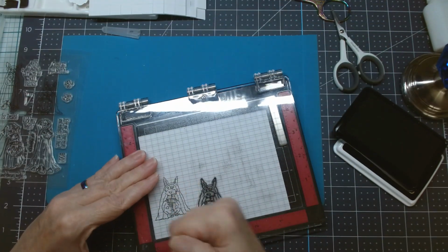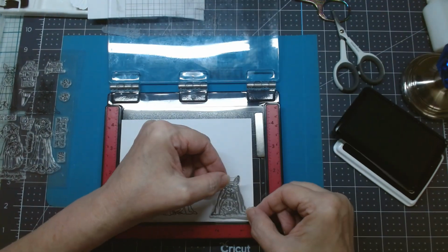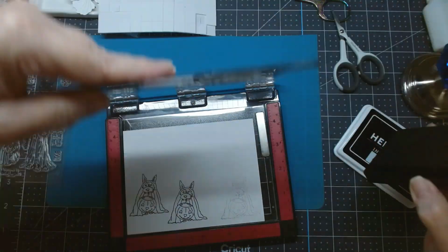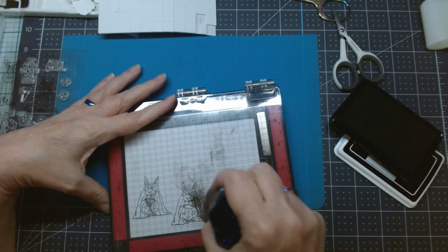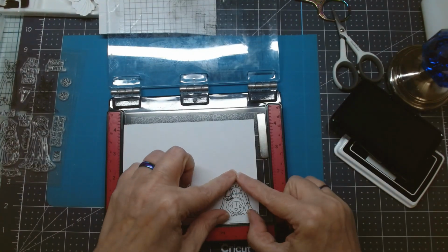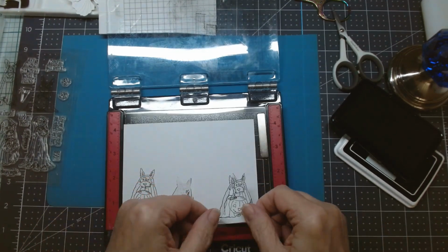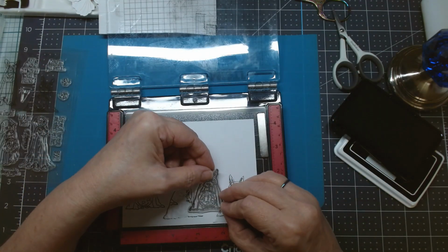And then we're going to do Winston Churchill. Winston is also one of the puppies. Little stinkers. I have my hands full for sure. And then I'm going to put these masks on just to mask them off, because I'm going to stamp Ellie in the background. So this way I protect the 2 stamps in the front and I can get that layered look. So there's Mama Eloise,